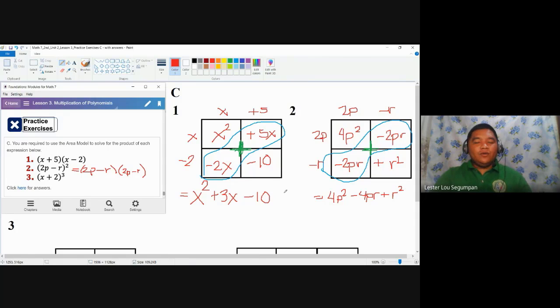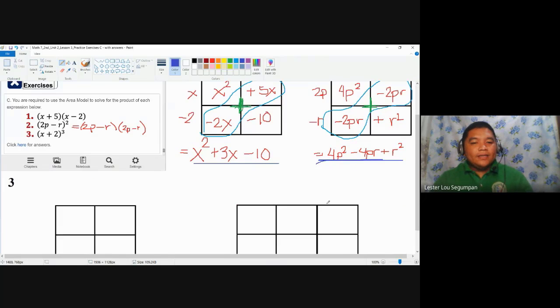If you would like to view the answer in the previous video, you may just simply look for the video before this one. And I can assure you that this is also the correct answer for the FOIL method. So we have now established two different methods that are also applicable for the FOIL method.